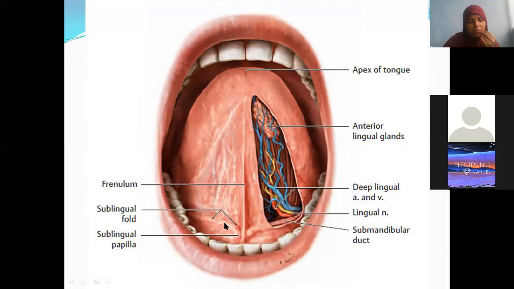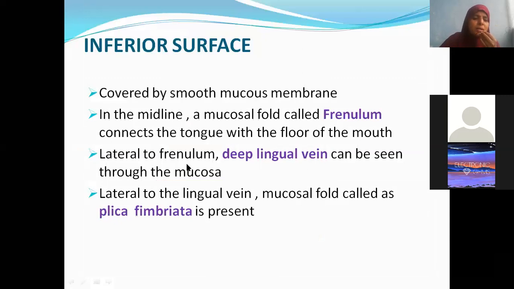Why are we giving sublingual administration of certain drugs like nifedipine to control blood pressure? Because the drug will immediately dissolve here and get absorbed into the blood vessels. These veins and arteries immediately absorb the drug, so it can be a quick route next to the IV route to control the blood pressure. We can give certain drugs this way if we want an immediate effect. The same thing is written here.